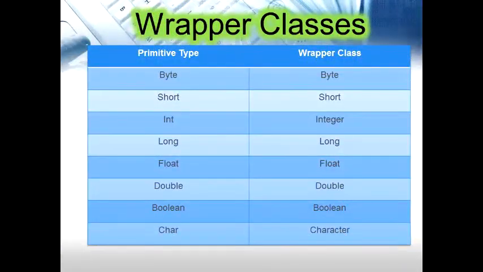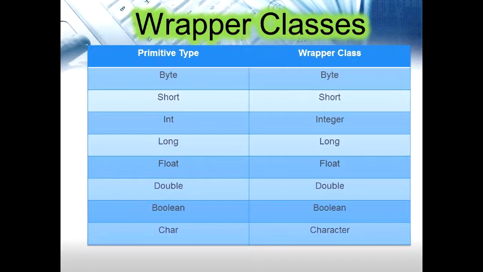Now let us know more about wrapper classes. So what are wrapper classes? They allow you to convert a primitive data type into an object type. Each of Java's 8 primitive data types has a wrapper class dedicated to it. These are known as wrapper classes because they wrap the primitive data type into an object of that class. Thus, there is an Integer class that wraps an int variable, a Double class that wraps a double variable, and so on. These wrapper classes in Java serve 3 primary purposes.